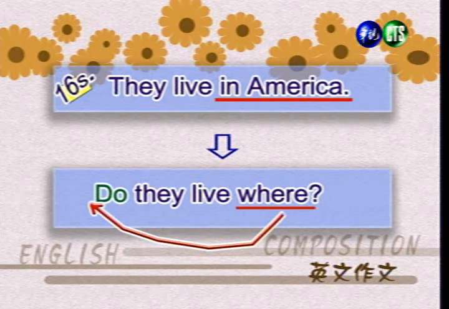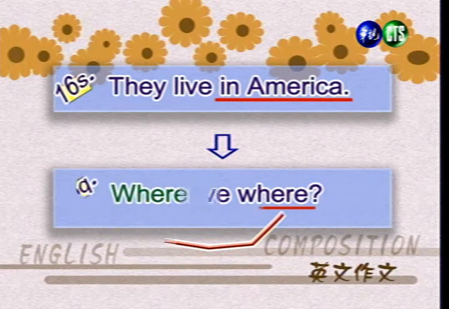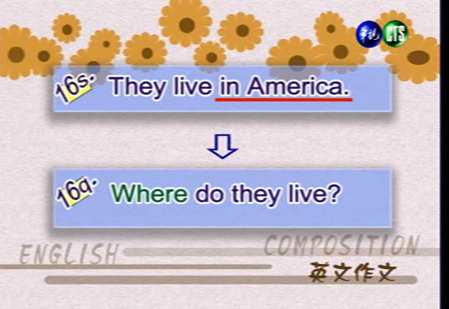Now finally, in English we put WH words at the beginning of the sentence, so we need to move where to the front of the sentence. 最后呢，在英文之中，我们会把 WH 开头的字加在句首，所以我们要把这里的 where 移动到句首，而变成问句。All right, and so this is the question that we end up with now. Where do they live? 好，我们现在看到下面形成的句子 Where do they live？这就是这个句子的问句。